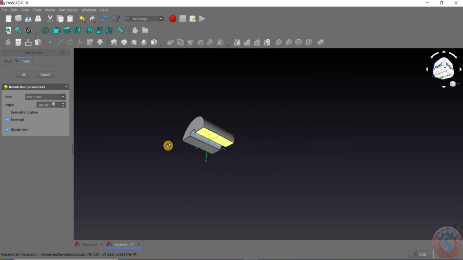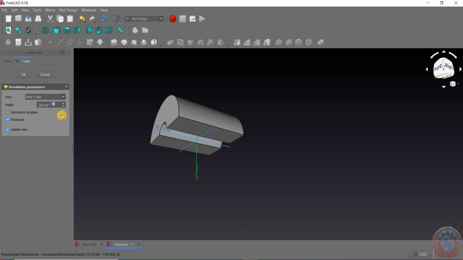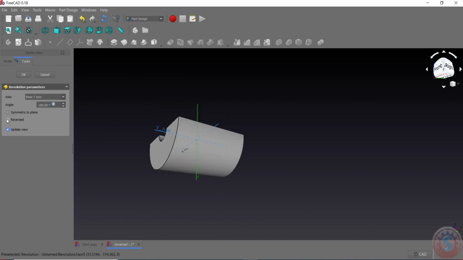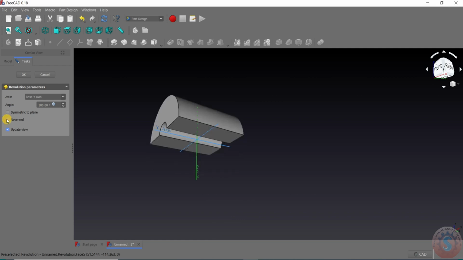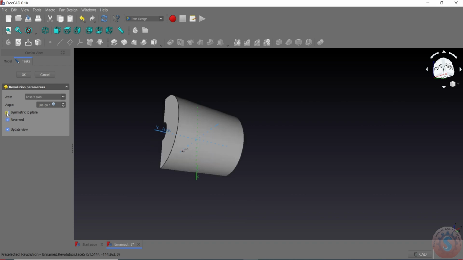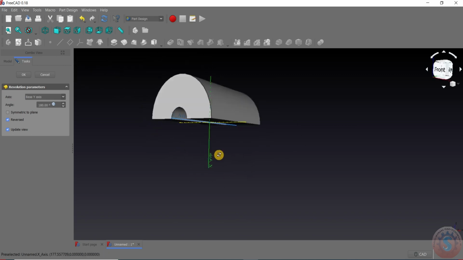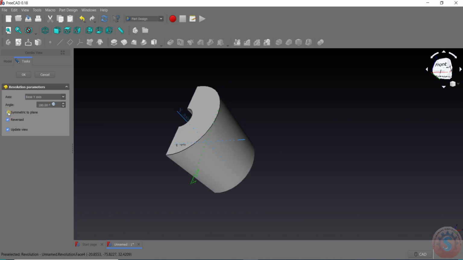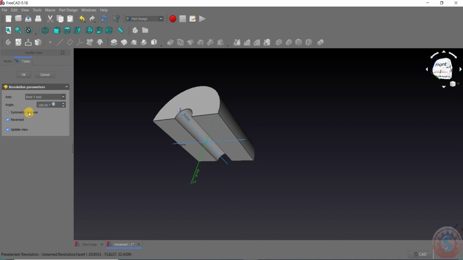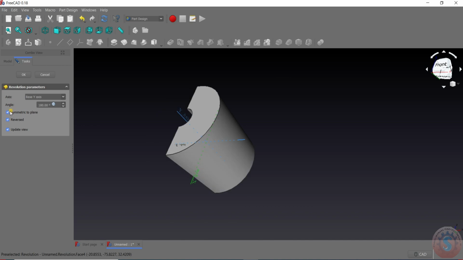On the x-axis you want to reverse the plane. For example, I want to give the reverse. Same on the direction, you want to change the direction on the top and the bottom, the opposite position of the axis, you can click on the reverse option. And symmetry to the plane, it is a parallel option. It is used like a perpendicular. You want to go into the perpendicular, you can also give this symmetry to the plane. It is called perpendicular. The reverse is called parallel or opposite, you can consider.